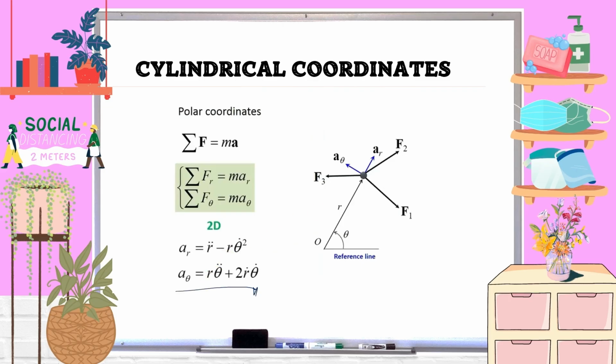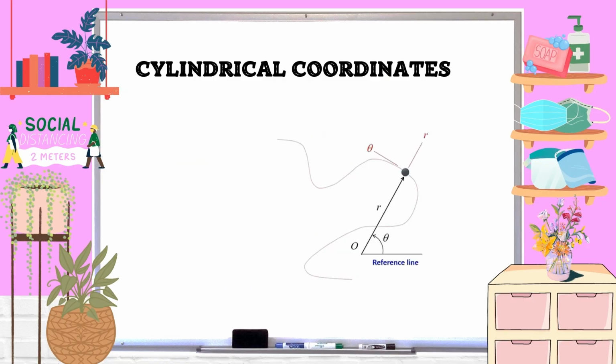And aside from that, in this cylindrical coordinate system, there will be an additional representation of the angle psi. What is angle psi? This angle psi is made by the positive radial axis and the tangential line. Why? If you recall from the discussion, the particle always has a fixed axis that moves with the particle.